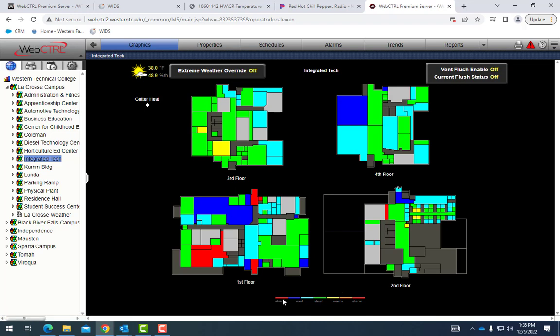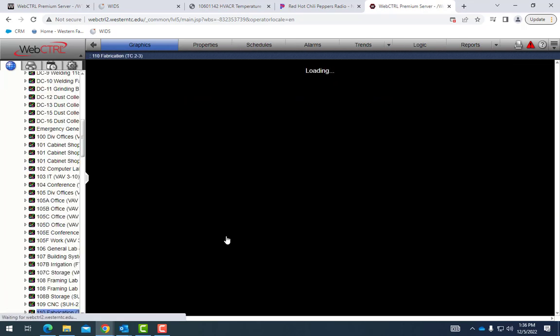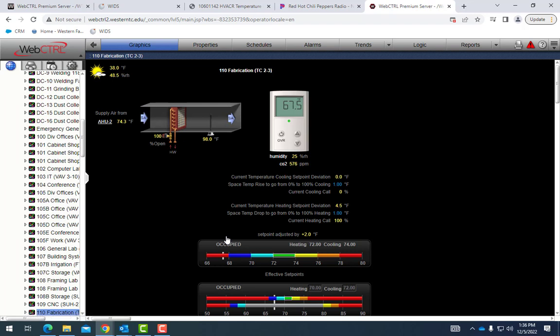Now when we're looking here, we can quickly see, do we have alarm, cool, or ideal? As you can see, we have a big mix of different rooms here. So I'm just going to click on this one. This is the welding lab. I already know that. Fabrication. They're opening the doors. They've got a lot of exhaust fans running. You can see we're trying to keep that thing warm. It just can't quite keep it that warm. So if we go back a little bit here,